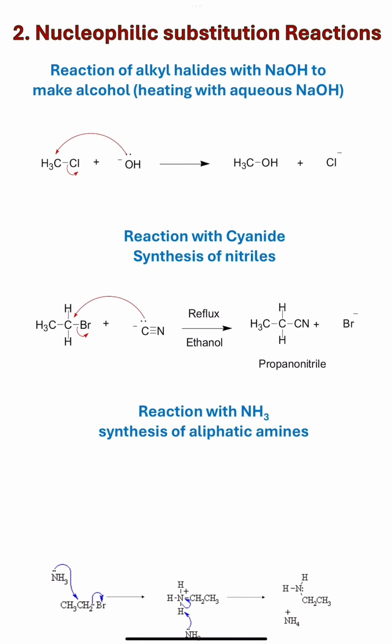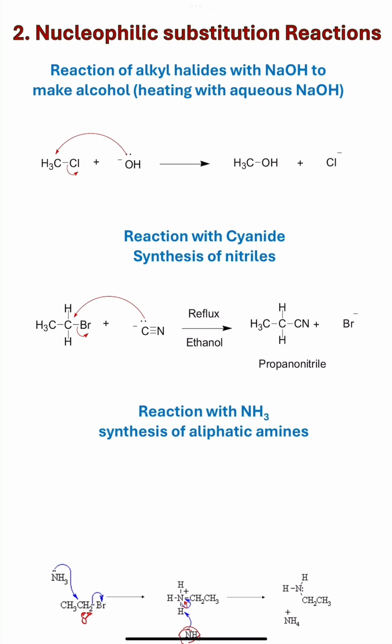The reaction starts also with the ammonia acting as a nucleophile under the same reaction mechanism, attacking the partially positive carbon, and the bromide will leave. But note here that the ammonia is a neutral molecule, so when it's added, the nitrogen will have a positive charge, but another molecule of ammonia here can act as a base and will take off one hydrogen from the nitrogen, and the electrons will be released back to the nitrogen, and that will give you the primary